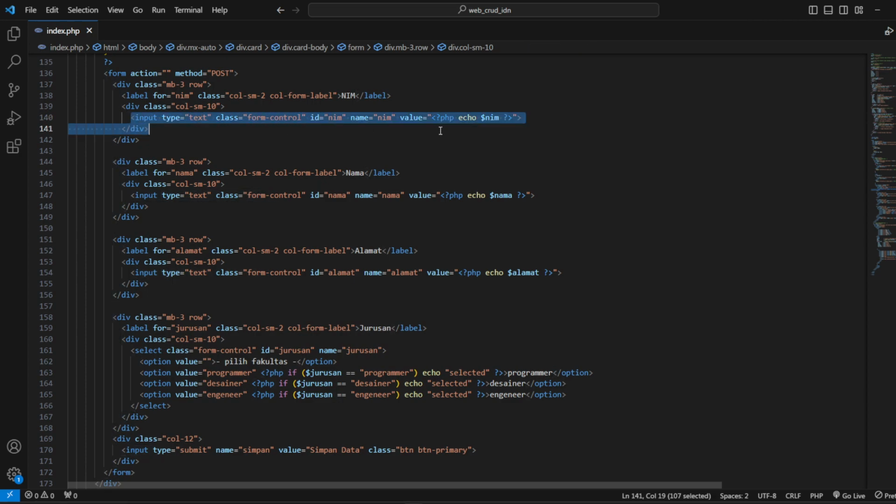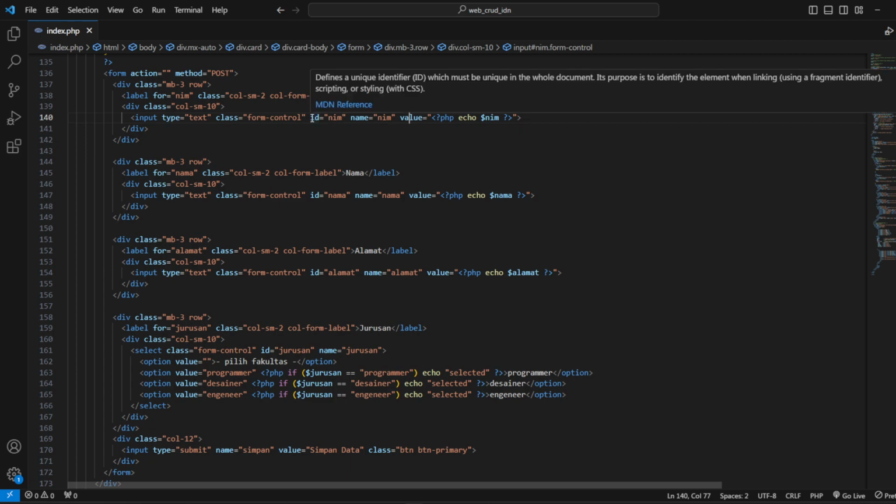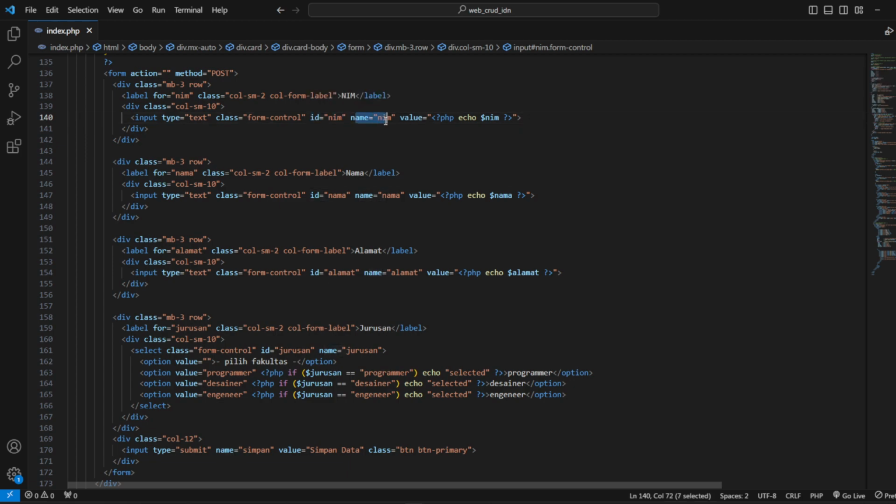This is the input. The important values are the ID, name, and value. This is important and obligatory, because the ID and name we will call again in the PHP tag, and the value is PHP echo name.